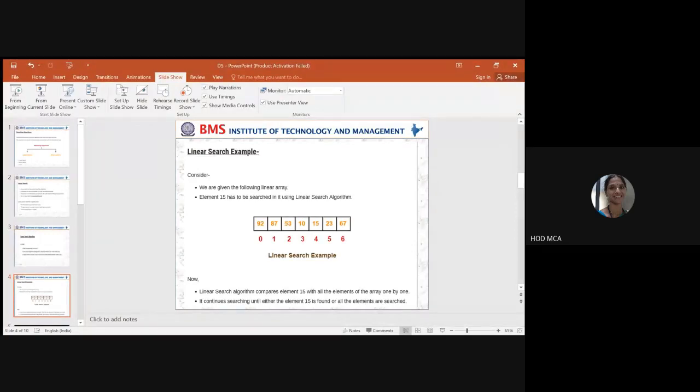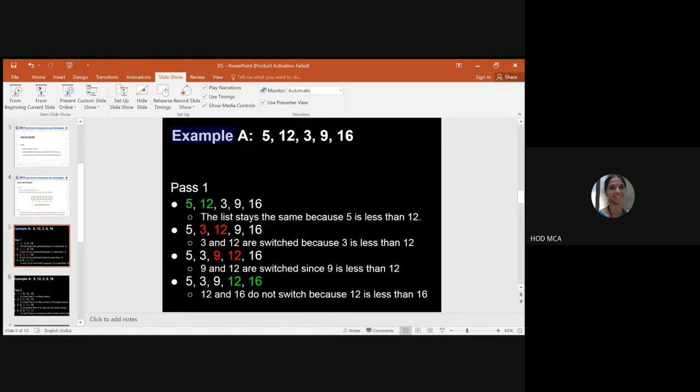Then we compare 15 with 15. It matches, and that's how we say the search has been successful. Otherwise, if it doesn't match, we continue until the last element is reached. If none of them matches, then we say the element is not found. So that's about linear search.